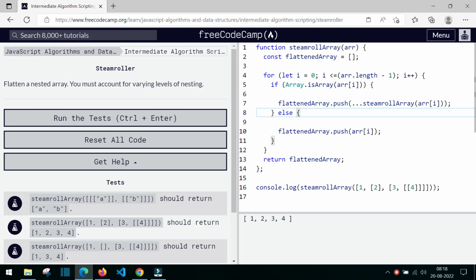Then what we will be doing is we will be pushing this to the flattened array, okay. So what this function will be doing is it will be extracting the value from the array. For example, this 2 is stored inside the array, okay. This 2 is stored inside the array. So what this function will be doing is it will be extracting the value from this array, okay, and we can use it for further